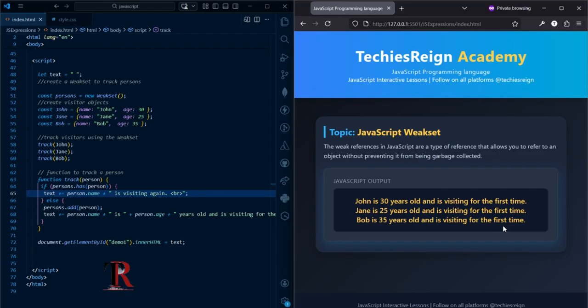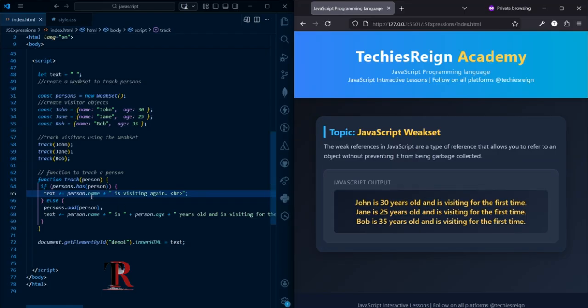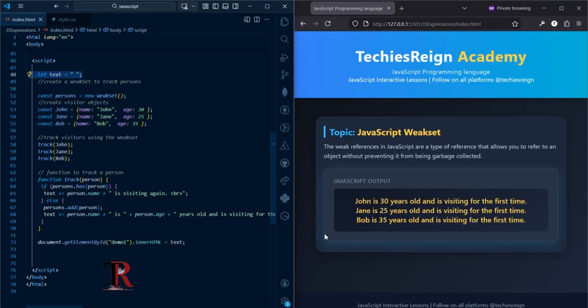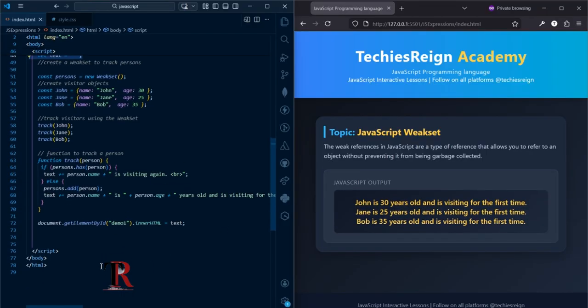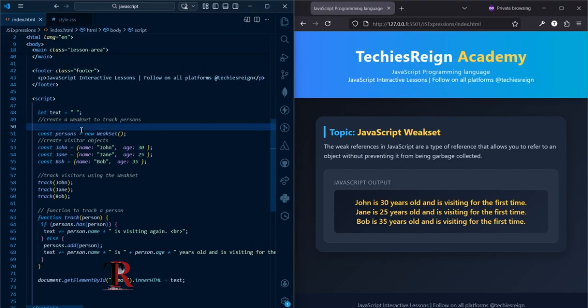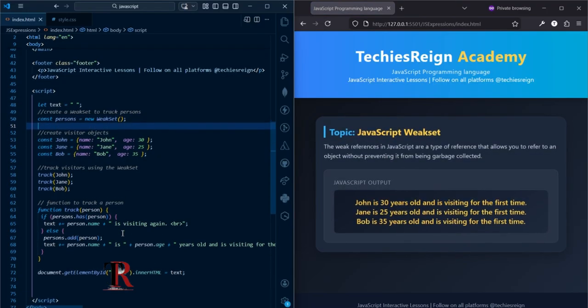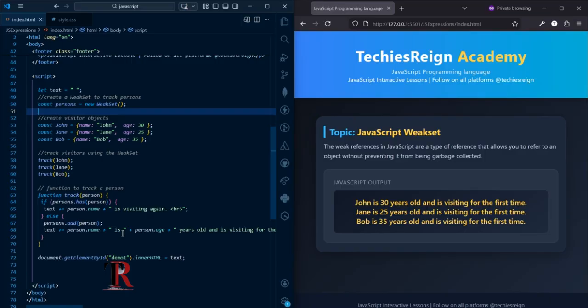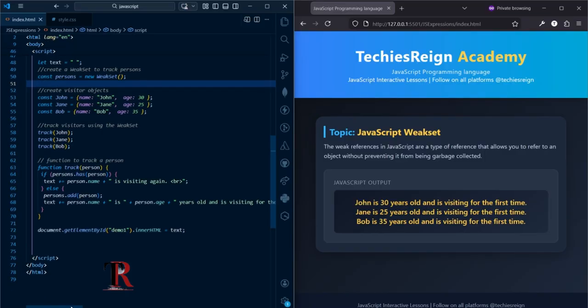So now, this track function performs two steps. It checks if a specific object is already contained. Then it acts. If yes, update the text string and also display it, appending the result to the text variable that we have here, and that is why we are getting this output. So you can go through this function so that you understand it. I know it can be complex and a bit difficult the first time, but if you go through it and follow what we've just done, you will understand it better. Thank you, and I'll see you